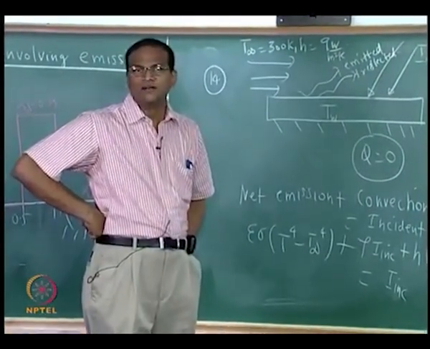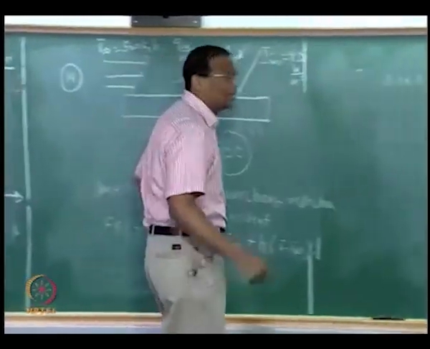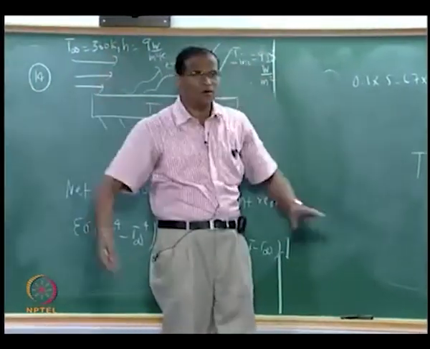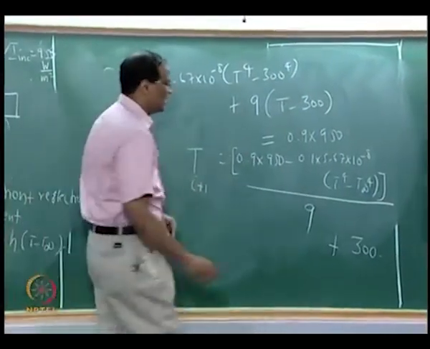Let us say that we are going to solve it using the method of successive substitution. Therefore, the algorithm is written like this. Please look at the board. I will say T of i plus 1 equals all this, right side is Ti,